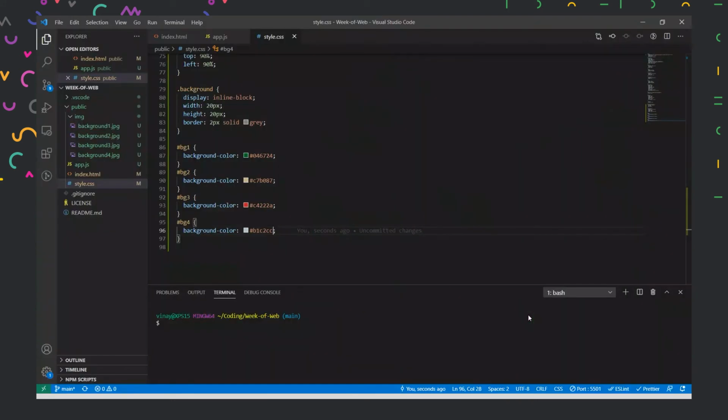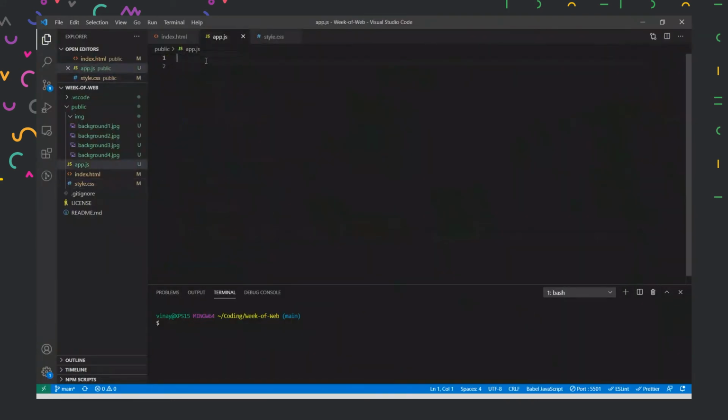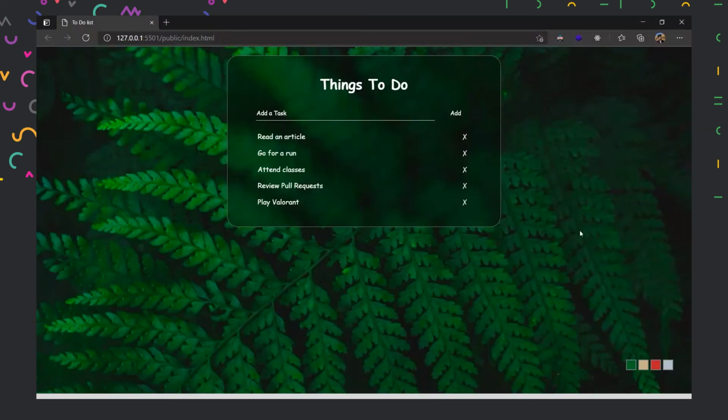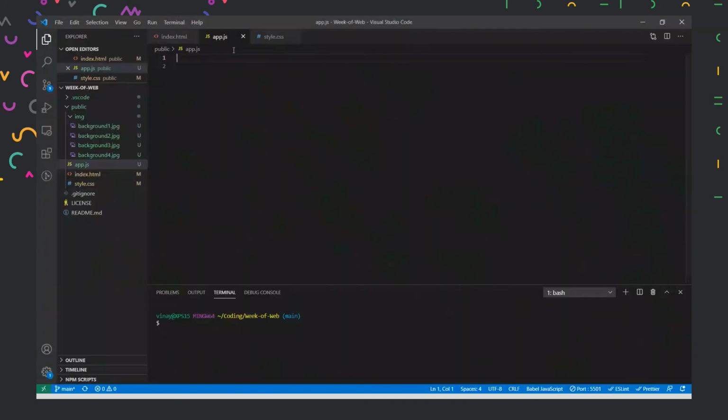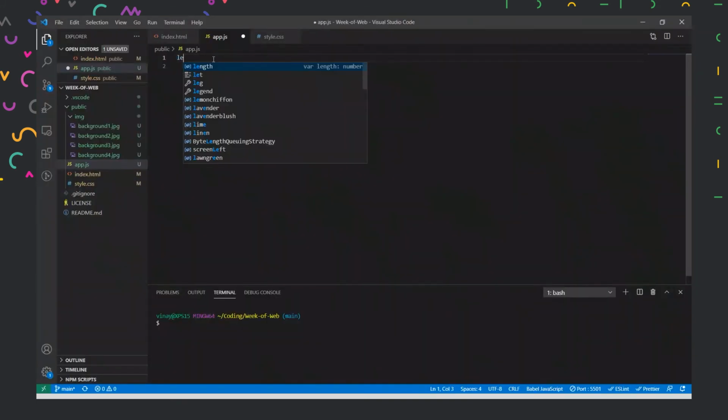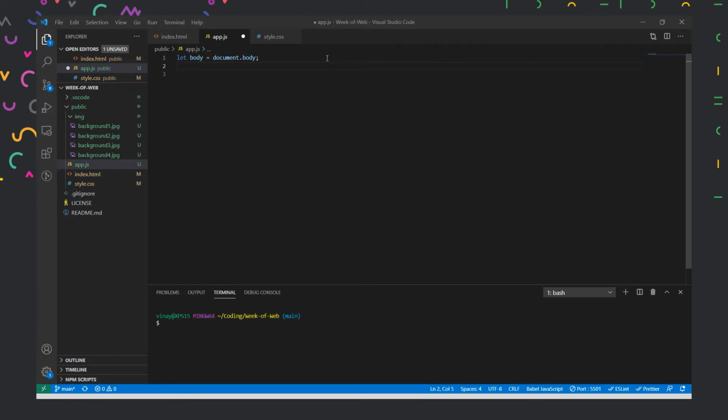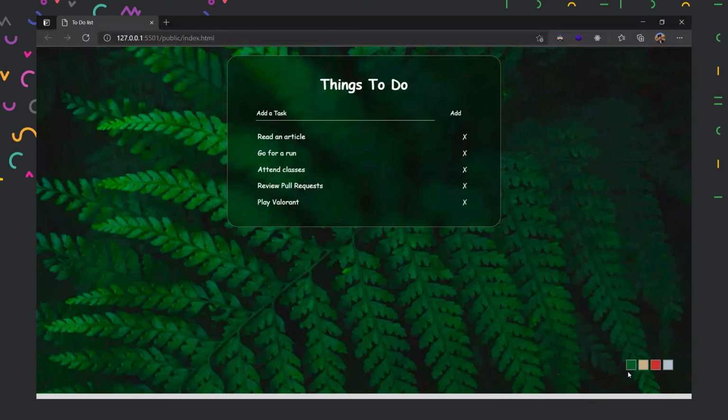Now it's time to write JavaScript. Let us select all the elements we are going to change first of all. So what are we going to change? We are going to change the background. So this background is our body. So how do we select body? We'll type document.body. This will select our body, and then we have other elements for which we have to create event listeners, because on clicking them, it should trigger the events.